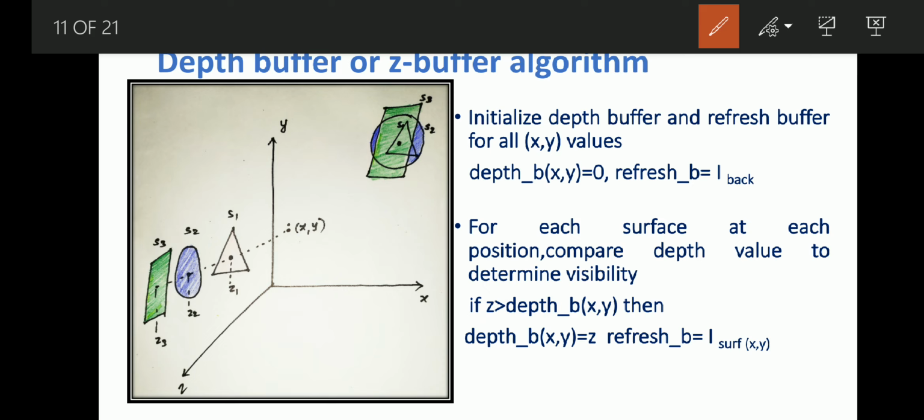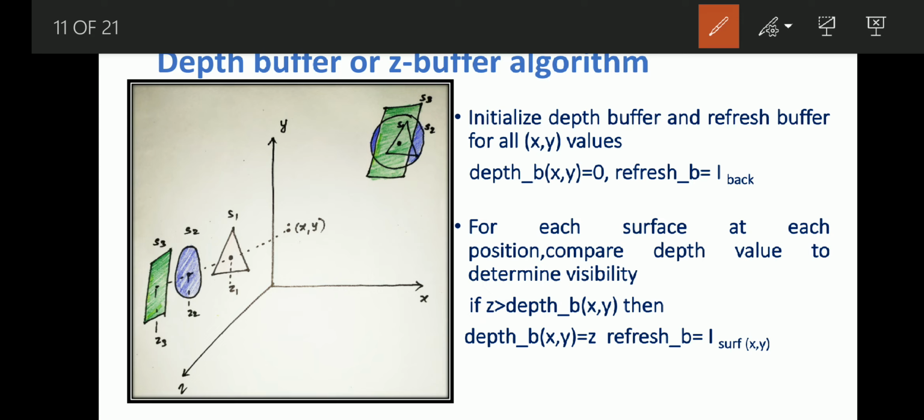Suppose S1 is scanned first. At XY it has Z1 as the depth value, and earlier it was 0, so it compares Z1 with 0. Z1 is greater than 0, so this pixel is visible, the depth value becomes Z1, and the refresh buffer stores the intensity of S1.